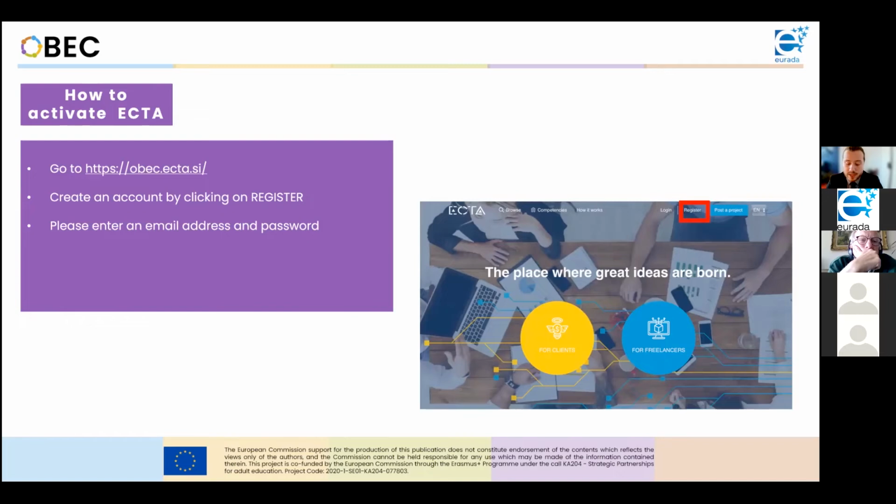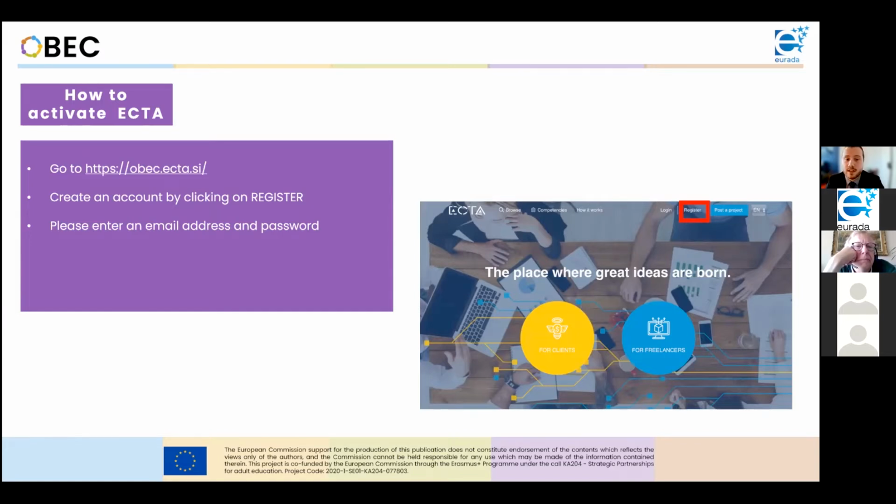So how do we activate ECTA? First of all, we are sending you a manual on how to do this later on after the course, so you can do this at your own time, very peacefully as well. So don't worry if this is a lot of information and you're a little bit overwhelmed. But the first step is to go to